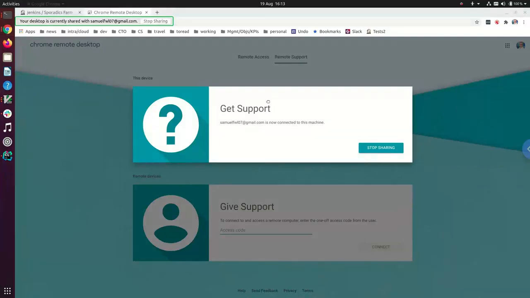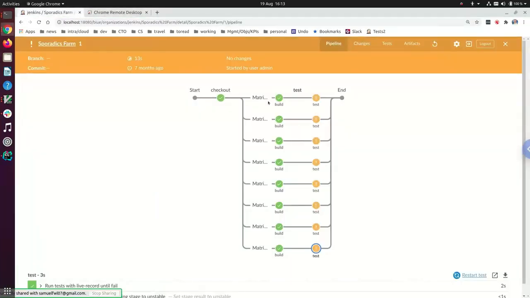I'll get that out of the way. You might notice this if you ever see the background: I'm actually using my son's Windows computer in order to show this. So he's being very patient. Right, so here's my little demo.